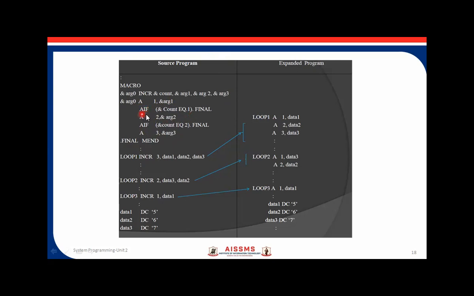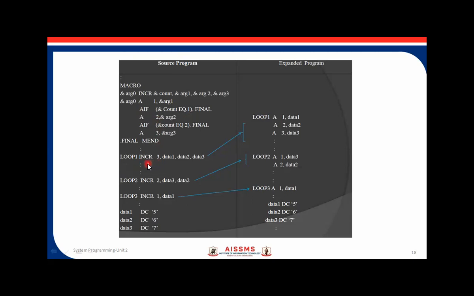This AIF indicates your macro conditional opcode, and this is the condition. If this particular condition is true, what happens? You go to the final and then end. But if this condition is false, then only the next instruction is executed. So this is how the macro is executed with the condition, right?